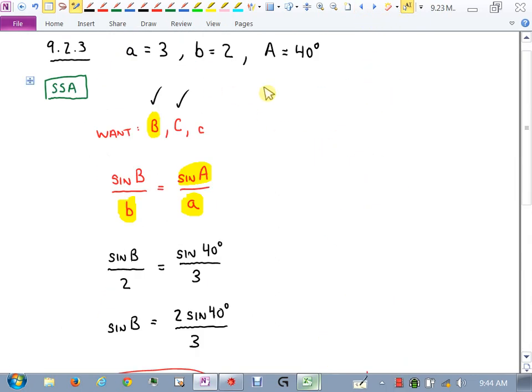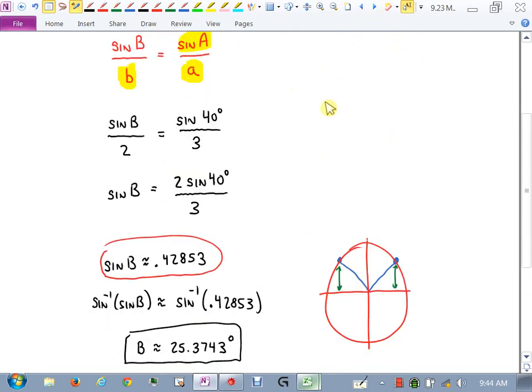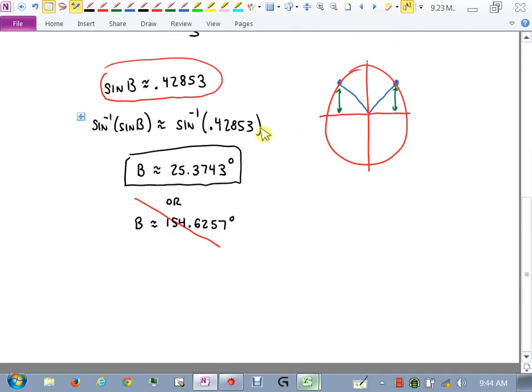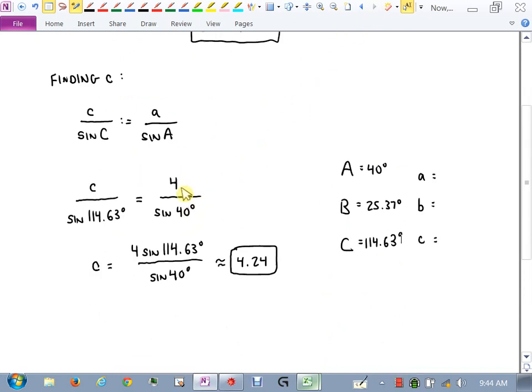Oh, you know what? Was I using the A from the previous problem? Oops. Sorry, everyone. Go back and fix it. See how I put the 4 there? A was 3. I was thinking of the previous problem. Wasn't A 4 in the previous one? Fix it, because that's going to obviously throw this off. This is 3. This is 3. That's going to change the answer, right? Oh, so you did it right. I just wrote it down wrong. So